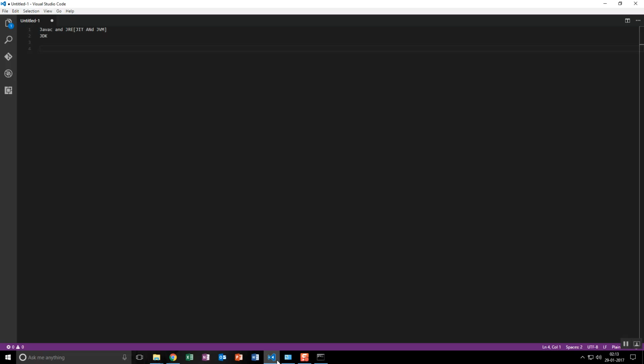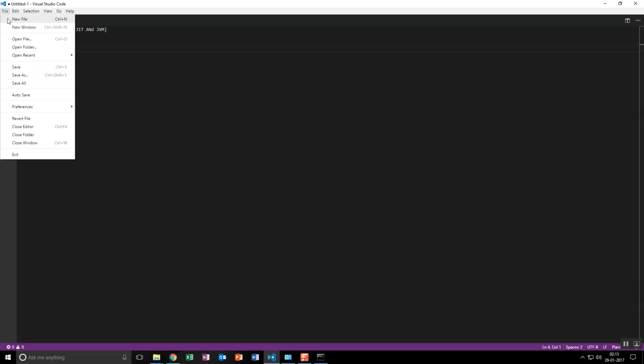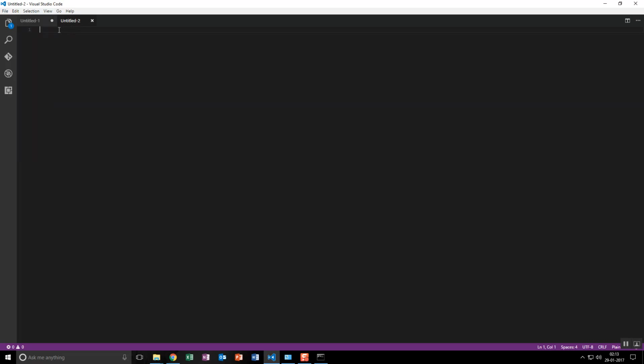Now I'm going to write a sample program in order to test and compile Java. So believe me, first you have to always go with Notepad. This is a little bit of a text editor, but not an IDE. Initially, don't go with an IDE in order to study Java. You have to put your hands on it from scratch, you have to go with a course, so that you will be learning from the basics, not just going with the advanced. If you want to learn advanced stuff, you have to know the core part.